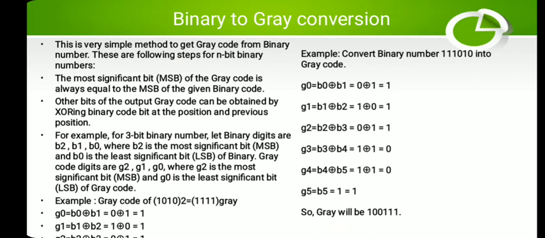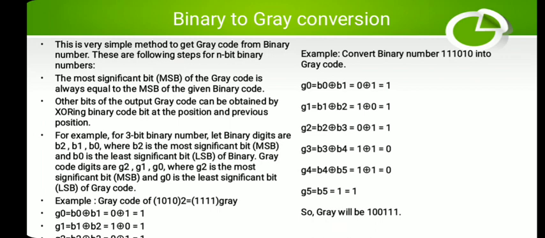Next, whatever first bit, the MSB bit, you have in the given binary number, which you have to convert into gray code, the first bit you go on XORing with the successive bit. What is XORing? That we'll see later. So first, the MSB, you take it as it is, don't do anything on that. Then further, the first MSB bit you XOR with the second bit, and whatever you get after XORing the 2 bits is the second bit of your obtained code.